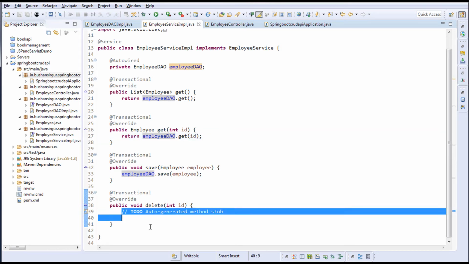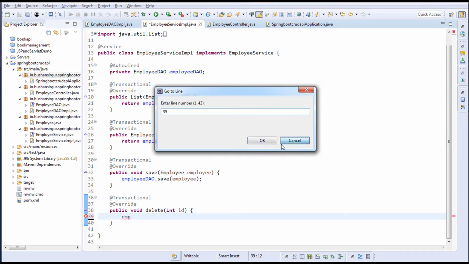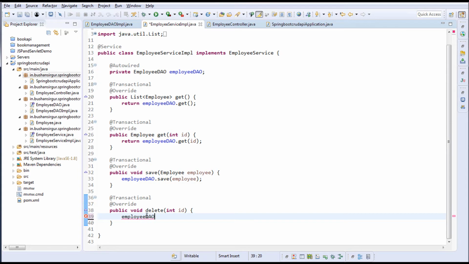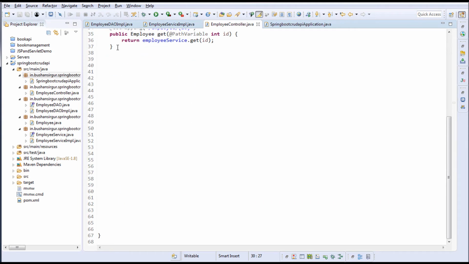In service implementation, I'm going to call the delete method of the DAO class, employeeDAO.delete, and we're going to pass the employee ID. Save this and go to the controller class, and I'm going to write a method